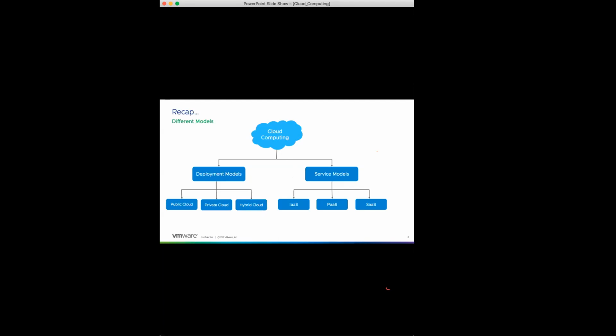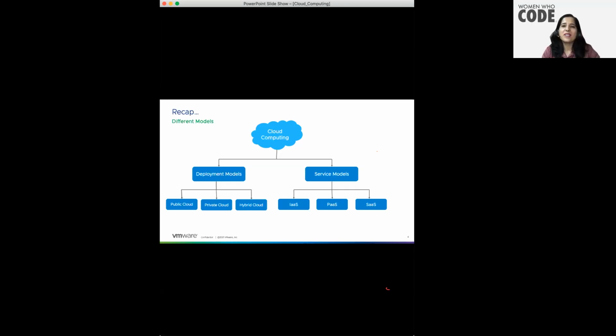Hi, Neelam. I would like to know, I have heard about the term multi-cloud. How is this different from the hybrid cloud? Yeah, hi Priya, an interesting question. When we talk about multi-cloud, there are now multiple cloud providers. Microsoft has Azure, Amazon has its own cloud. So multi-cloud means an application which can work on all the different clouds.